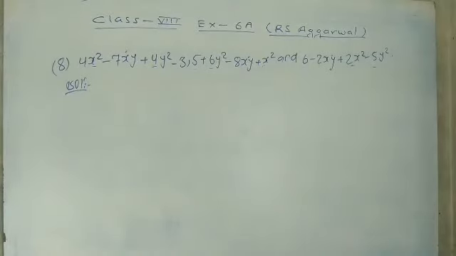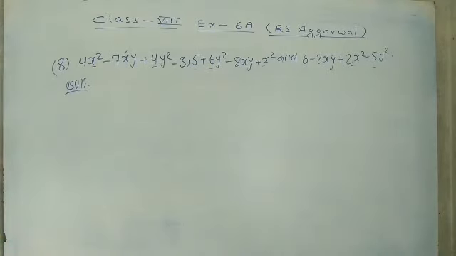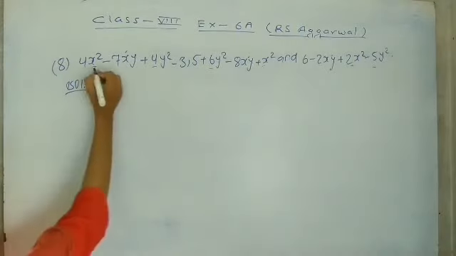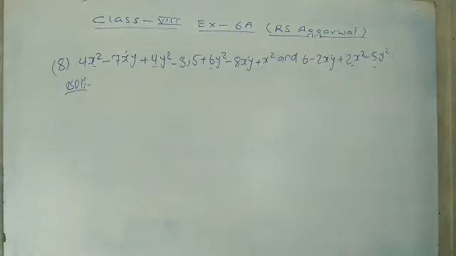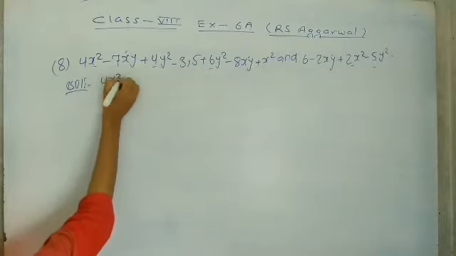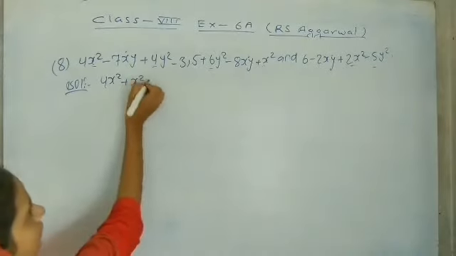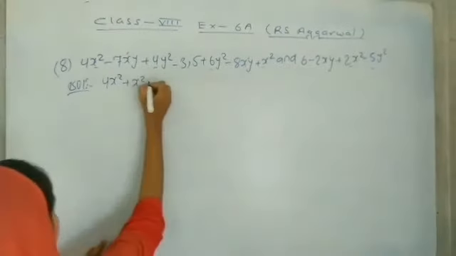Question number 8, that is 4x square minus 7xy plus 4y square minus 3, comma 5 plus 6y square minus 8xy plus x square and 6 minus 2xy plus 2x square minus 5y square. Firstly we will write the top. So 4x square and here is plus x square and here is plus 2x square